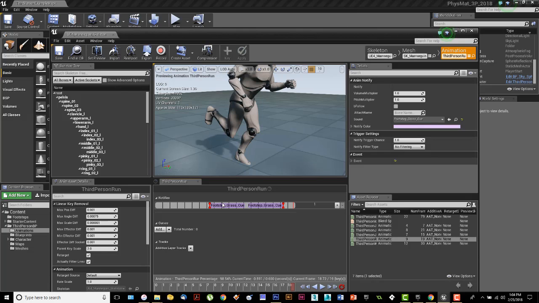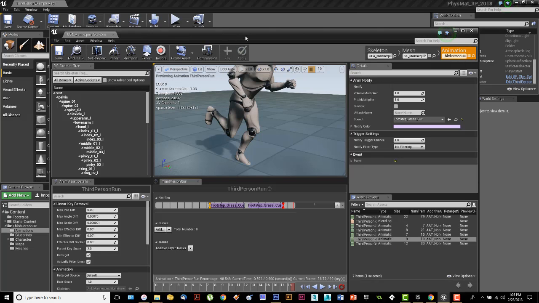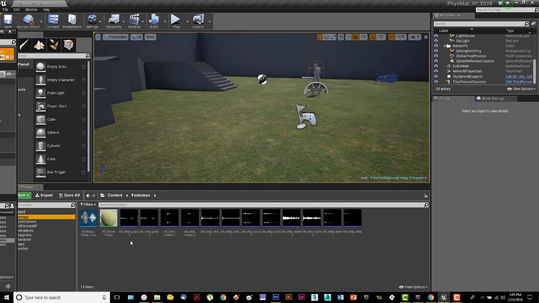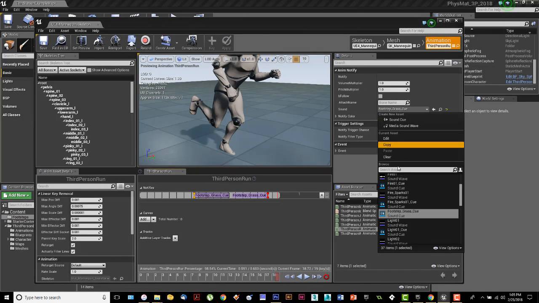So what I'm going to do is I'm going to click on the right foot here. And I'm going to go back in and look for, let's see, what was it? I need to go back and check the name on this one so it's easier for me to find. So let me go back to my footsteps. And it's SFX Step Grass L or F. So let's go back and we'll look for